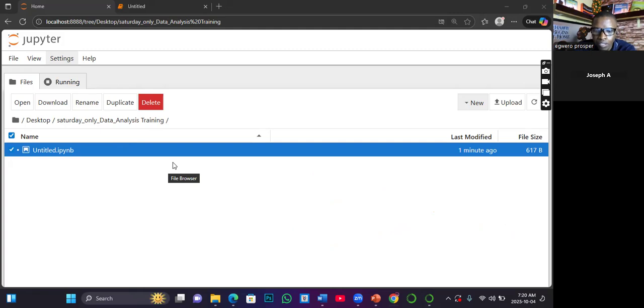Yes, once you are in their respective folder, you add a notebook, because it is that notebook that we use to analyze their data. So for each project, a different notebook, depending on the data they give you. Okay, all right.